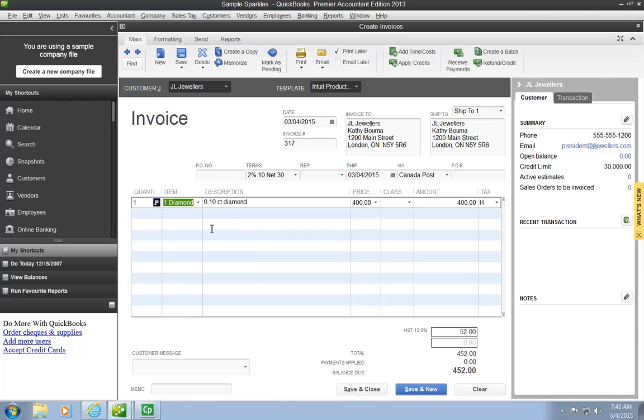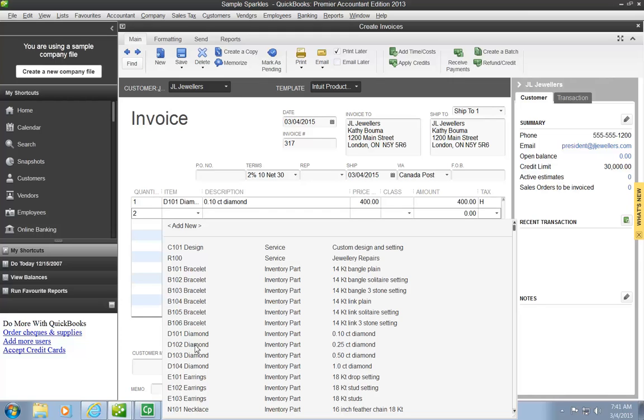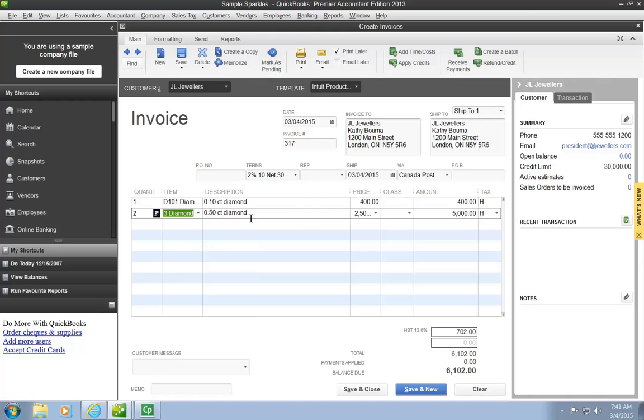So we find D101, and it's a diamond. $400 is the price. And then they also want to order two of item D103. Also a diamond, different carats. And that price is $2,500 for a total of $5,000. So you'll see that the total invoice then, QuickBooks automatically applies the HST, because that was set up when we set up our company, and it automatically applies